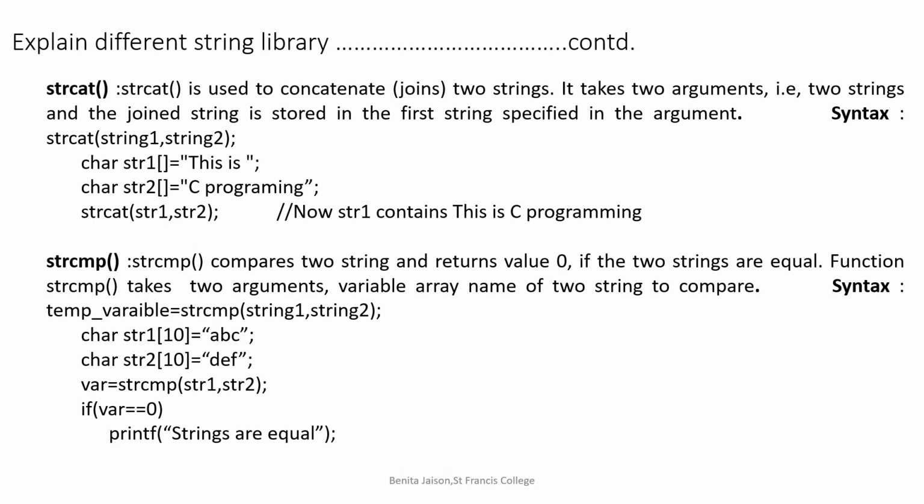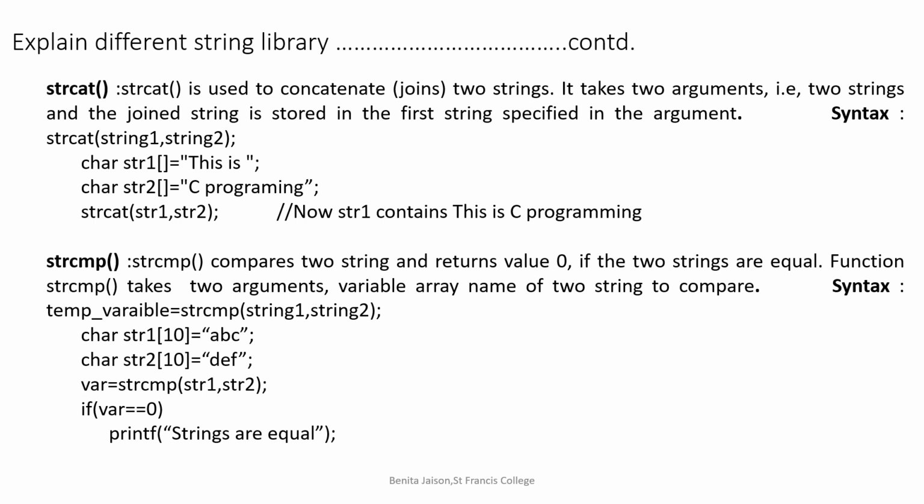So here in this case, as we already know, there are 2 string compare functions. One is strcmp and the other one is strcmpi. When we are using strcmpi, it will be case insensitive, but in this case, as it is case sensitive, if you give str1 as small abc and str2 as capital ABC, it will return that the strings are not equal. So if it returns 0, that means the strings are equal. So in this case,